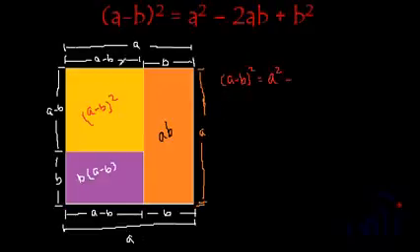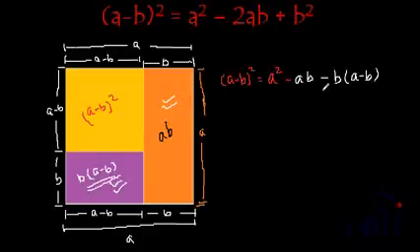So if from the bigger square I remove this area and this area, we will get the area of the square whose one side is equal to a minus b, right? As you can see, I have written a square and then we have to subtract this area, that is minus ab, right? And then we have to subtract this area also, that is minus b multiplied by (a minus b),